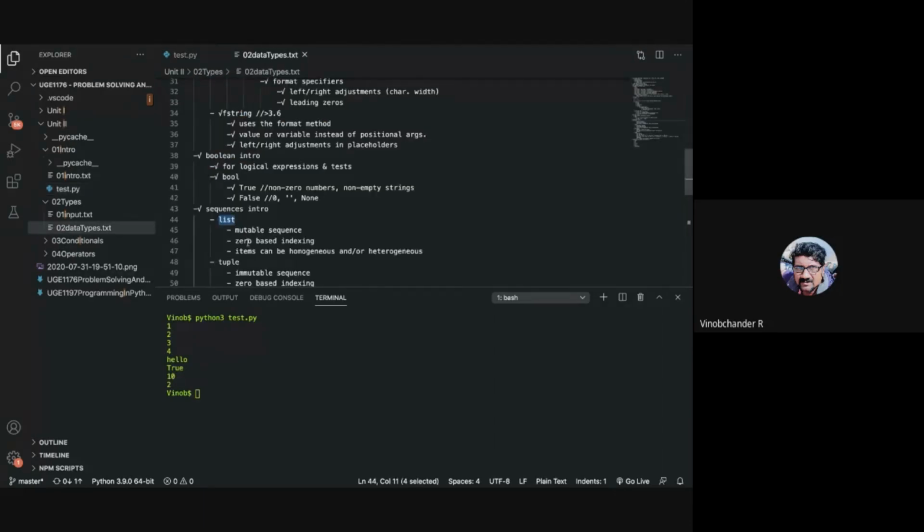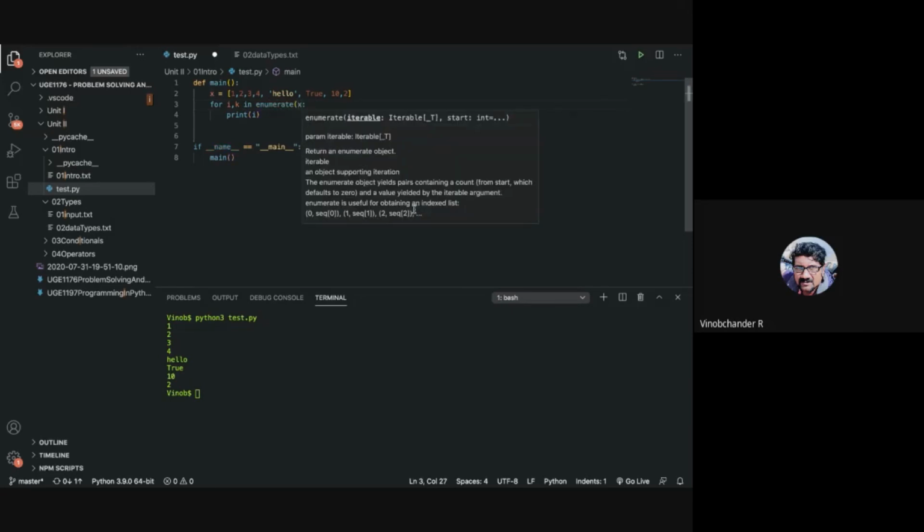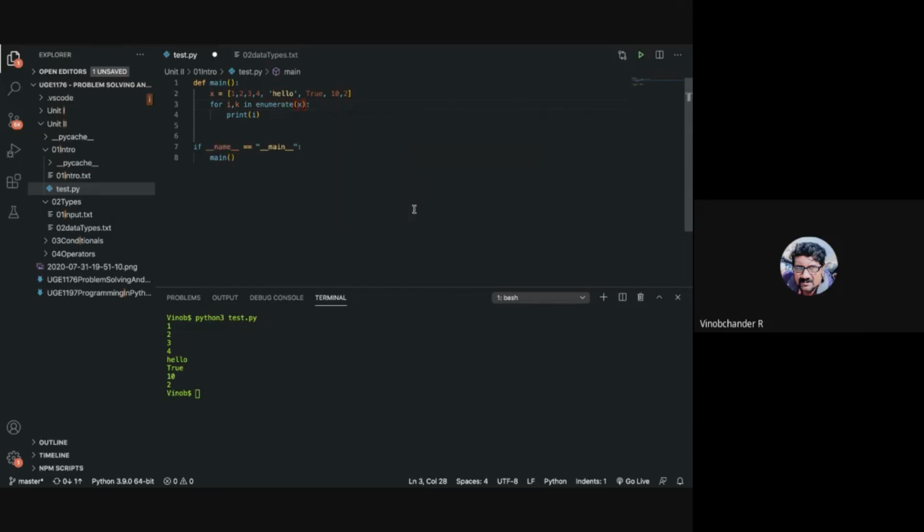And it is zero based indexing, right? So list indexing is zero based. It always starts at 0. To illustrate that, what you can do is, say for I comma k, you can have another variable, and you can call another function called enumerate.